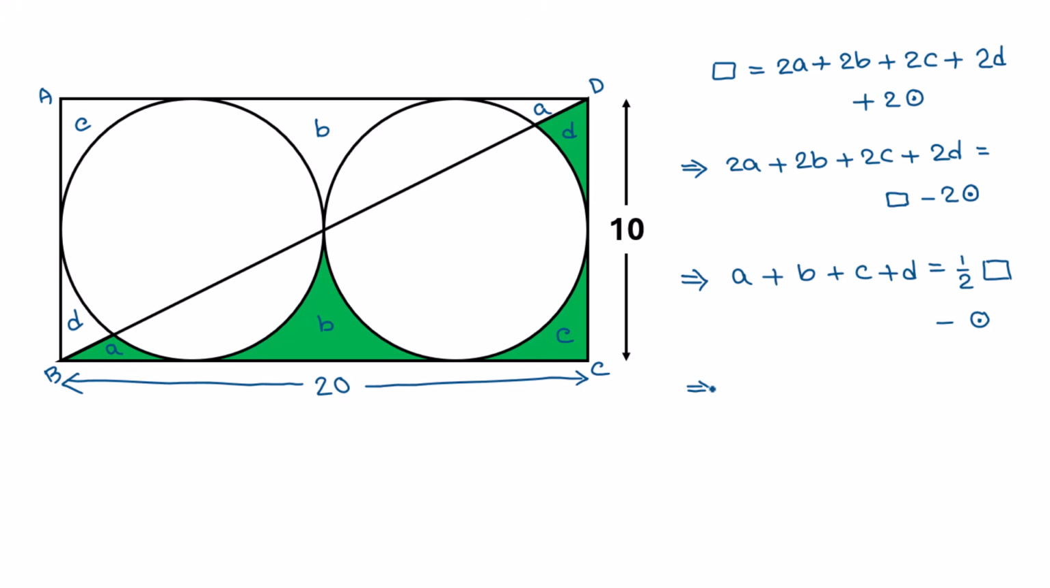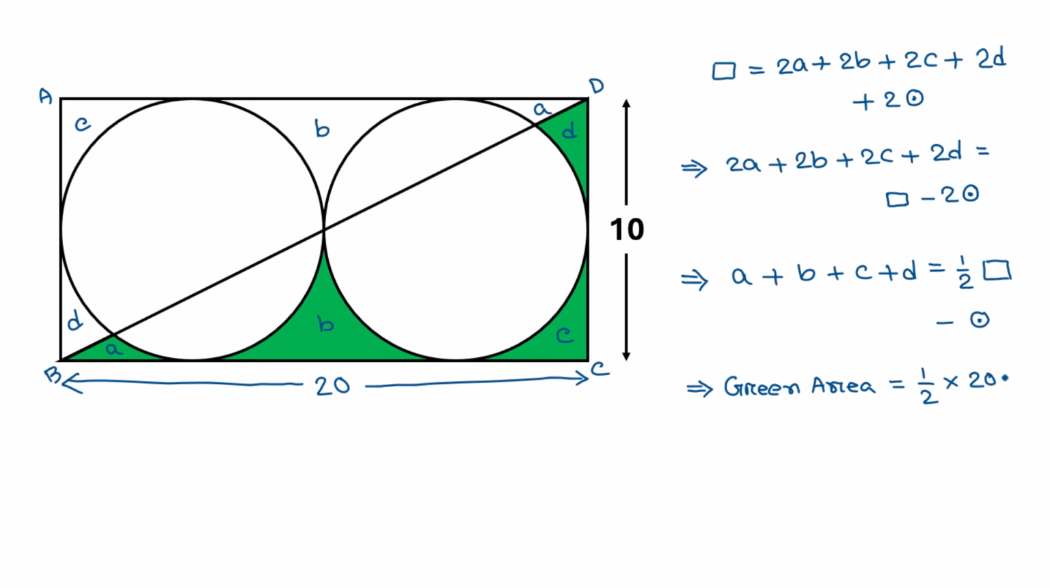Or this A plus B plus C plus D, this indicates the area of this A plus B plus C plus D. That means the area of this green shape. So green area, this green area will be half of the area of rectangle, as the length of this rectangle is 20 and width of this rectangle is 10, so its area will be